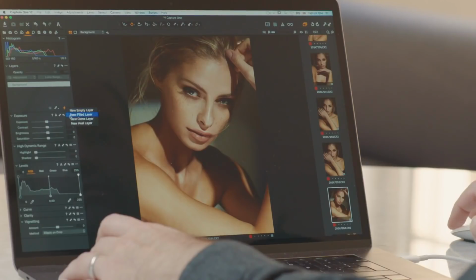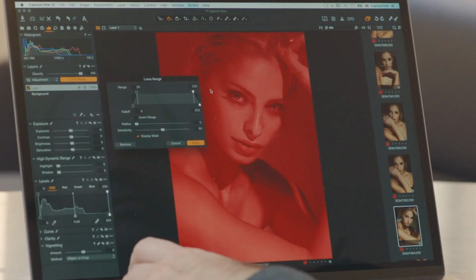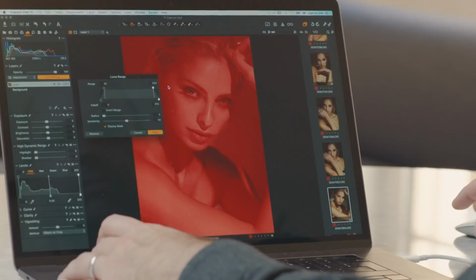we can really restrict where we want to apply our adjustment. So on your image here, Tina, first thing we're going to do is just add a new filled layer. That looks white right now because that's our grayscale mask, but I'll press M to turn the mask on and off. So that looks like just a mask over the whole image. But now we want to restrict that mask to just certain areas. So rather than brushing on by hand, which works great, of course, but to save time and to create complex masks quickly, and I don't necessarily like to use the word complex because maybe that sounds intimidating, but complex masks can obviously do lots of great things to the image, but you don't necessarily have the time to create them by hand. So if I click on this new button here, Luma Range,